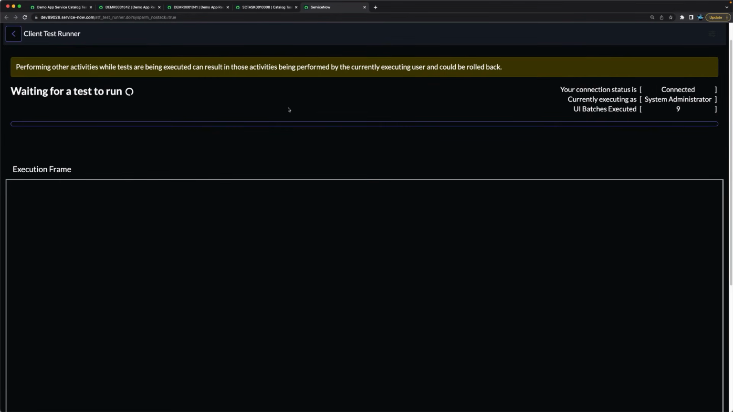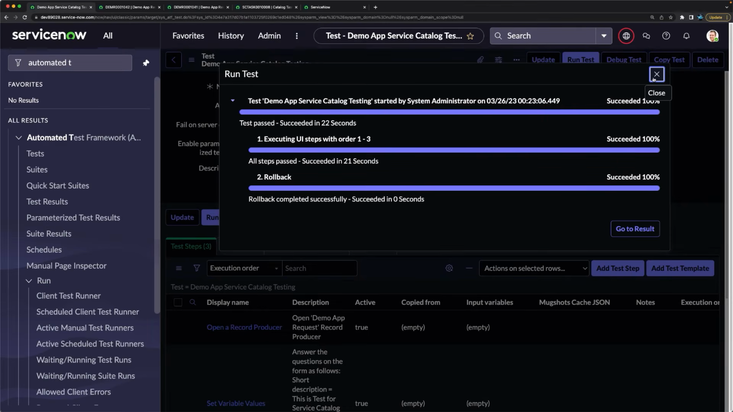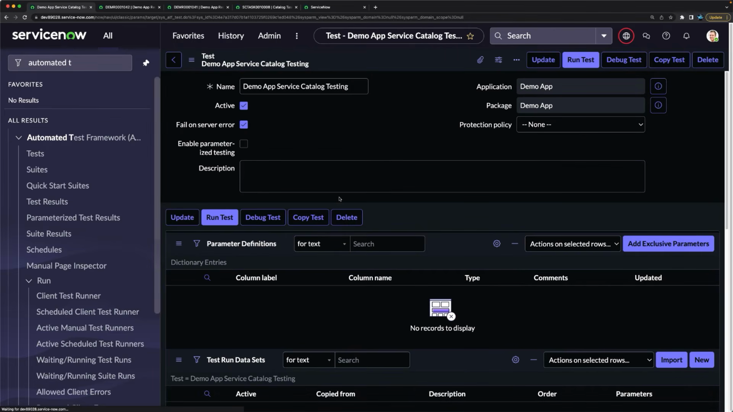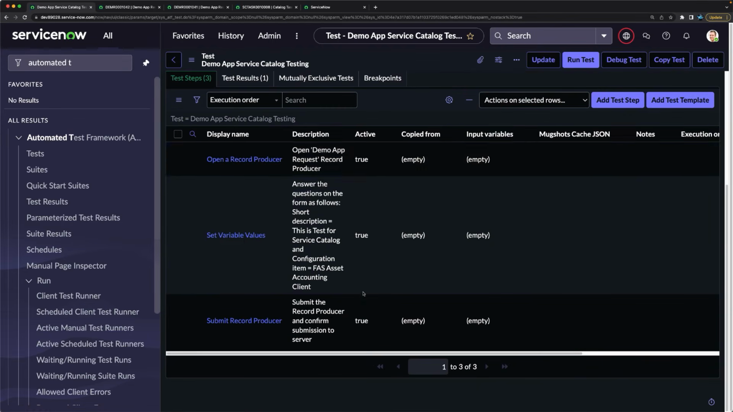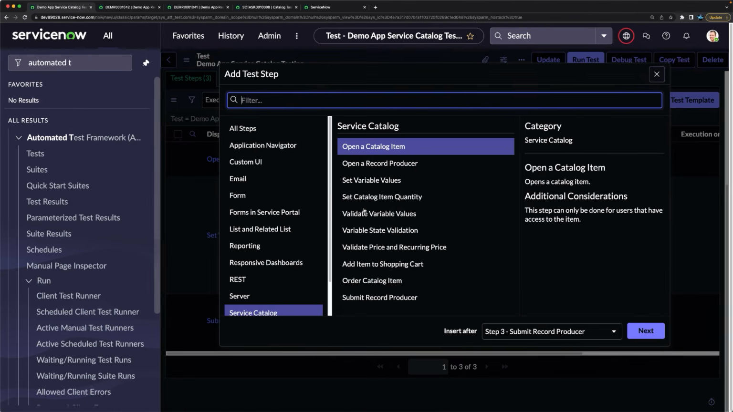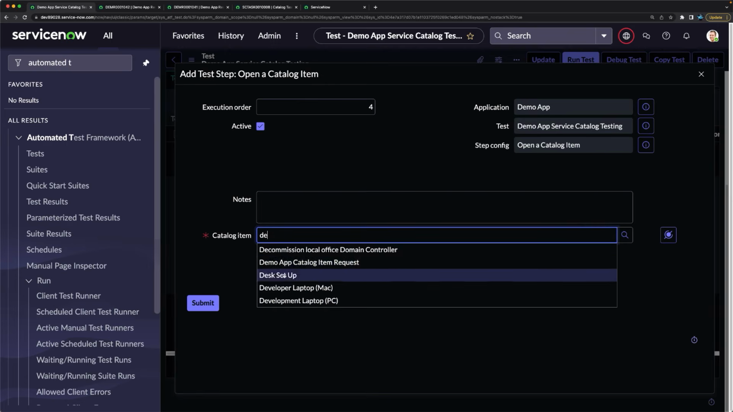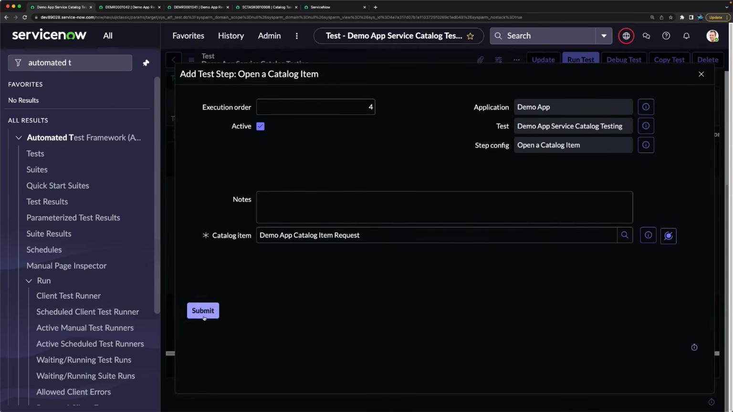Now we will test service catalog item. So we will go to the test again, close this, and here I will just add a few more steps. I will just disable this record producer test we did. So I'm going to disable it, make it false, and now I will add the test step. Starting with open a catalog item, I will click on next. Here I will open the same demo app catalog item. So we have this one, click on submit,